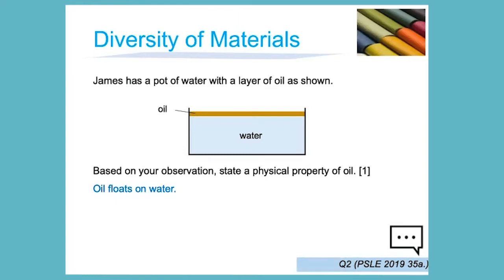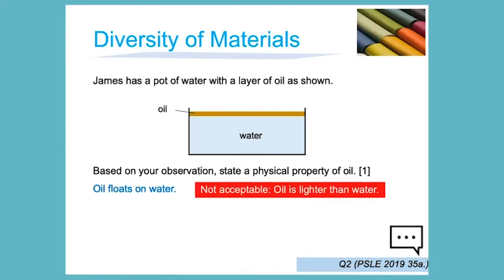Here, Caden actually says oil has no definite shape. Okay, can we accept this possible observation of oil has no definite shape? Based on this particular observation, I can't tell whether oil has a definite shape. And if oil has no definite shape, then I should be able to see it in 3 different containers of 3 different shapes, for example, right? So based on this, the best answer would be its ability to float on water, and it's not good to write oil is lighter than water, but if we say that for the same mass of oil, it floats on water,